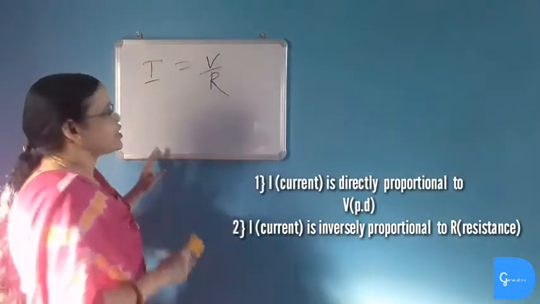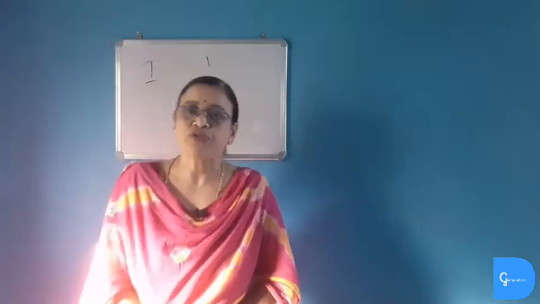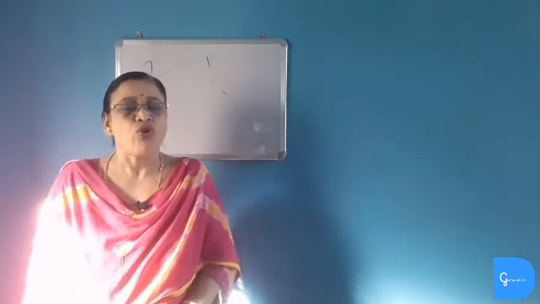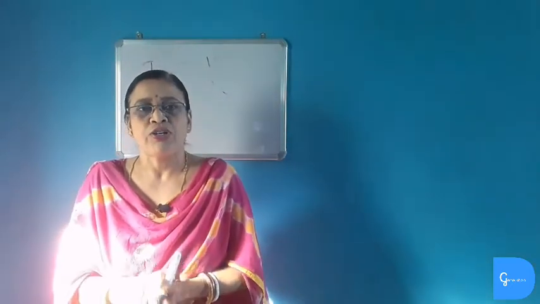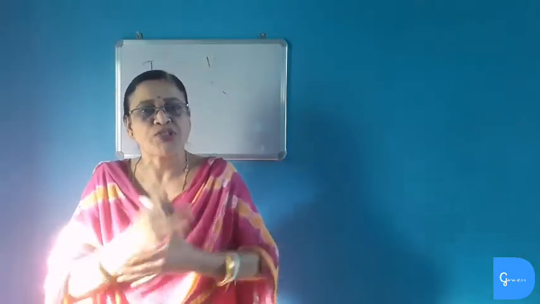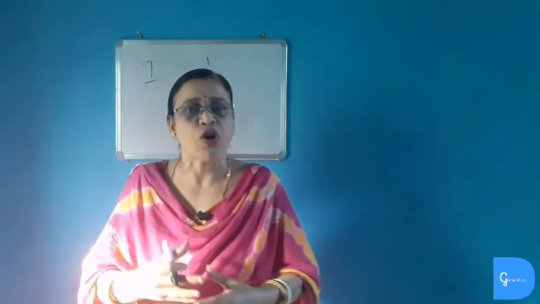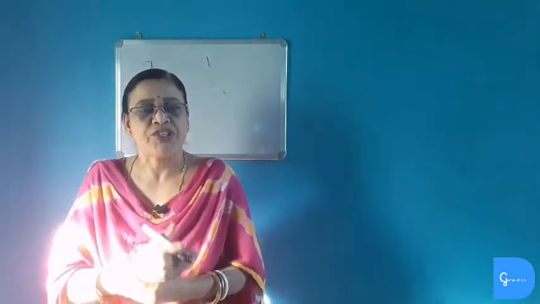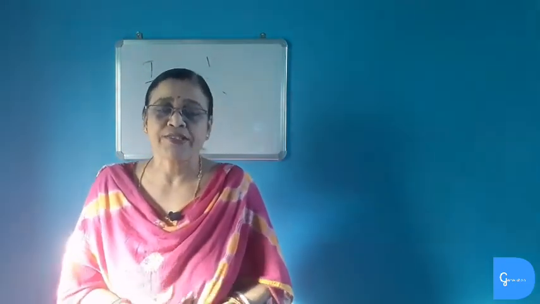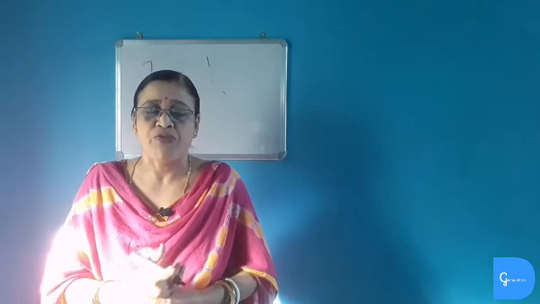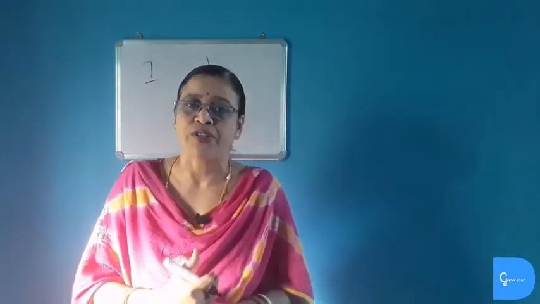Now we are going to study about the resistance of the conductor. We know that electrons flow in the conductor. So while flowing, what happens to the electrons? They collide with each other. Due to this collision, they face some opposition or obstruction in the flow of the electrons, and this opposition or obstruction which they face is known as resistance. So what is resistance? Resistance is the property of a conductor in which it faces opposition or obstruction in the flow of electrons.